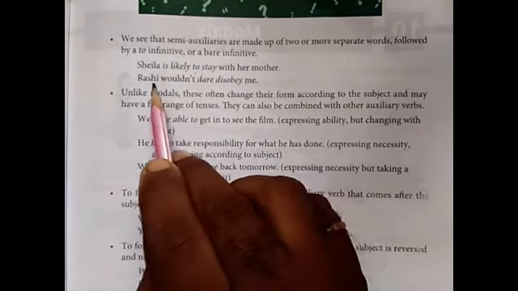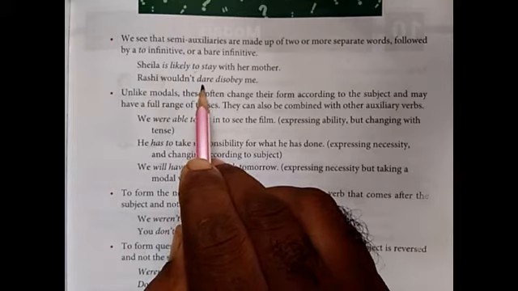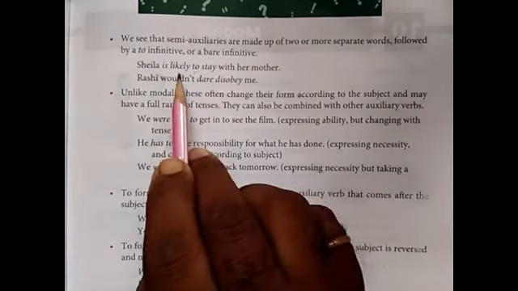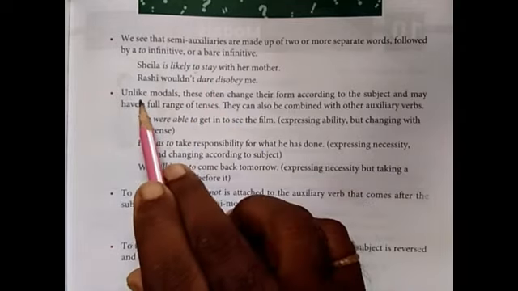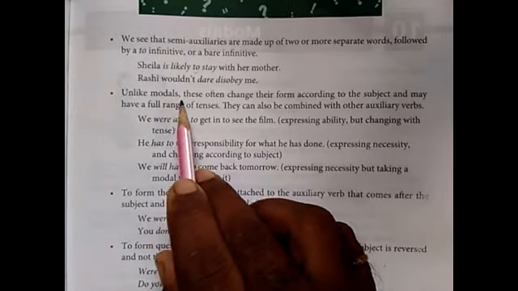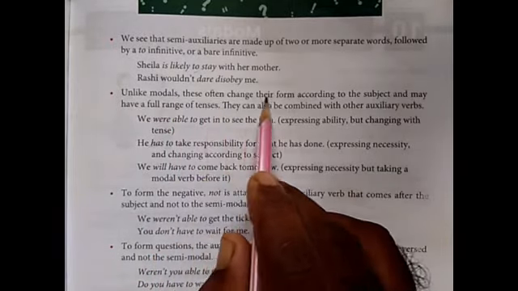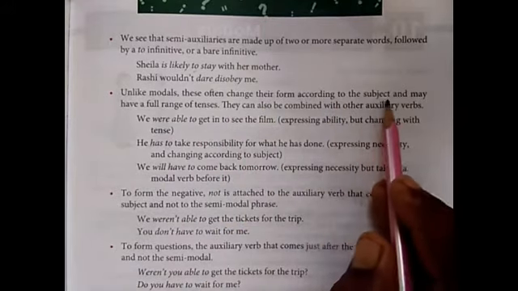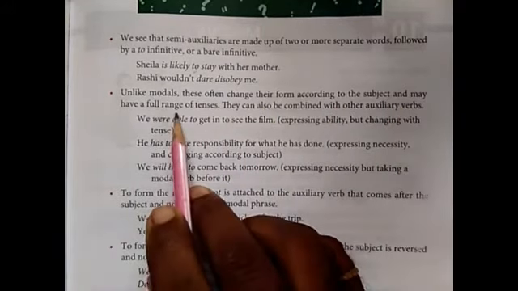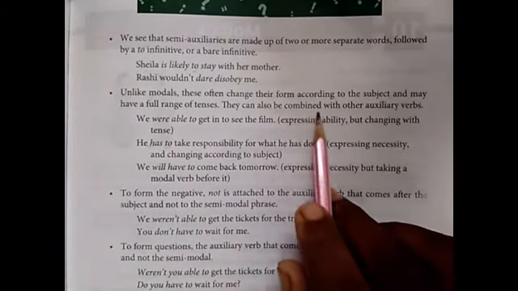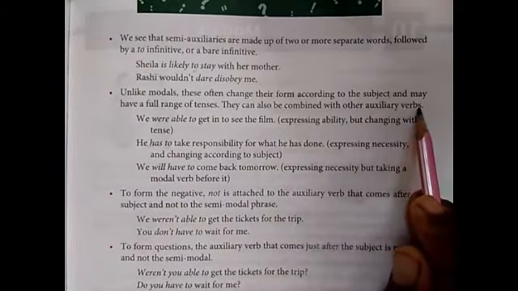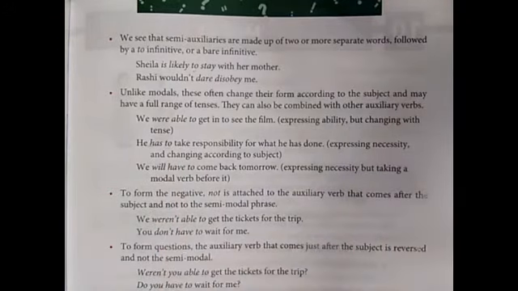See? Rashi wouldn't dare disobey. These are all combinations of words to make semi-auxiliaries. Unlike modals, these often change their form according to the subject and may have a full range of tenses. They can also be combined with other auxiliary verbs. Examples: